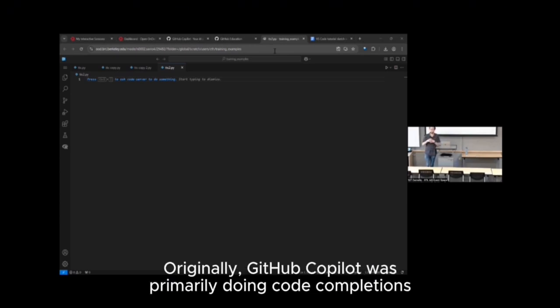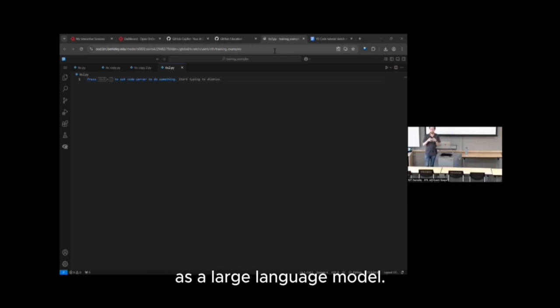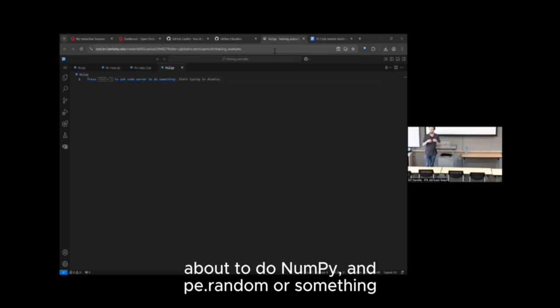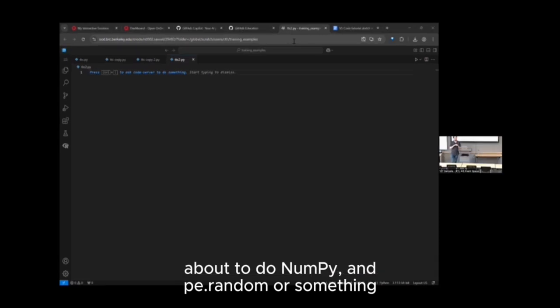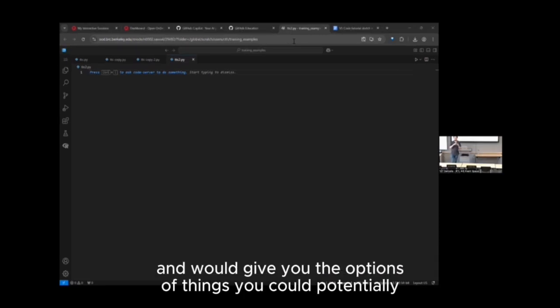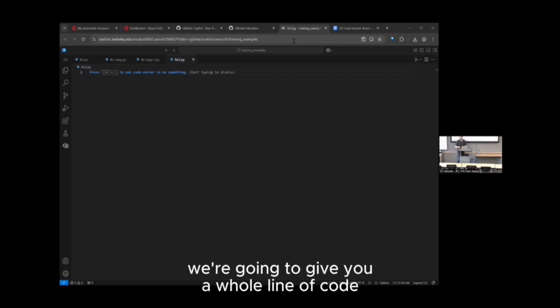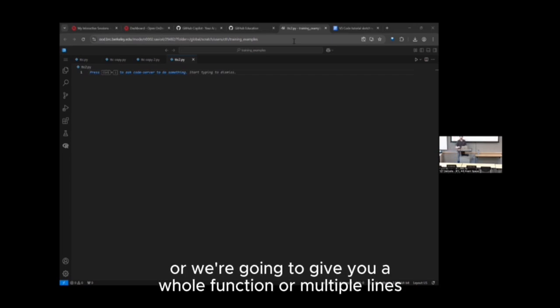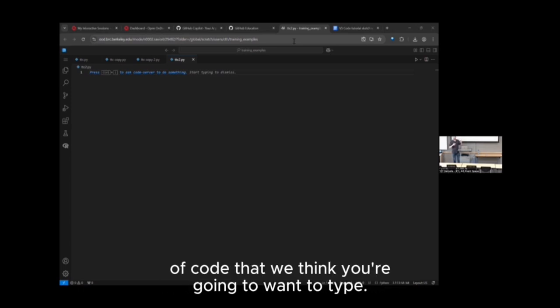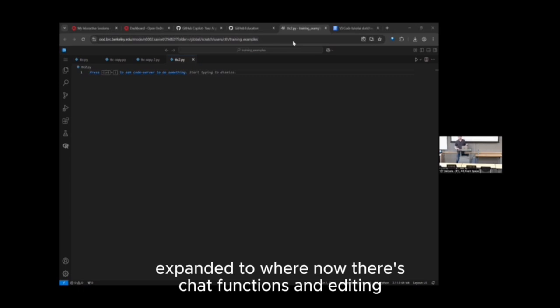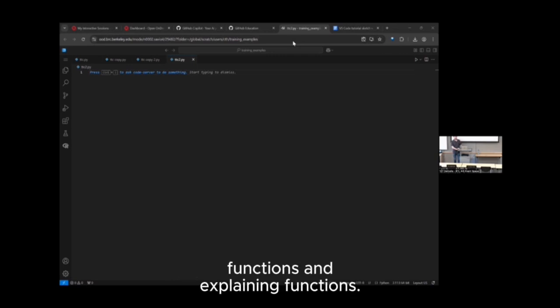Originally, GitHub Copilot was primarily doing code completions as a large language model. Back in the day, maybe you were about to type NumPy np.random or something, and it would give you the options of things you could potentially be typing. Then with LLMs, it could say, we're going to give you a whole line of code that we think you're going to want to type, or a whole function or multiple lines of code. And the feature set has increasingly expanded to where now there are chat functions and editing functions